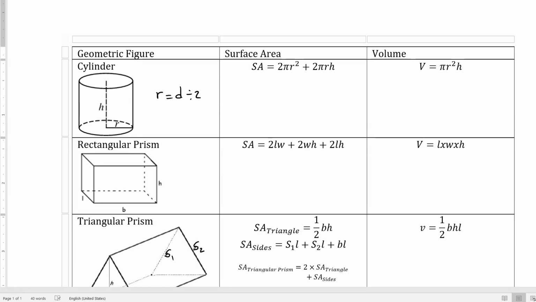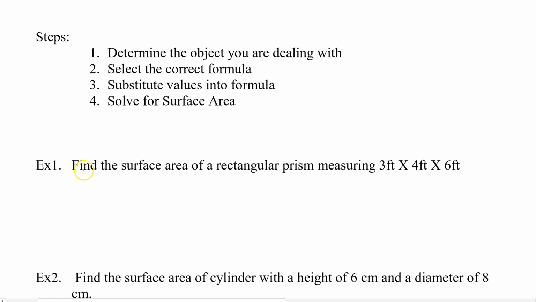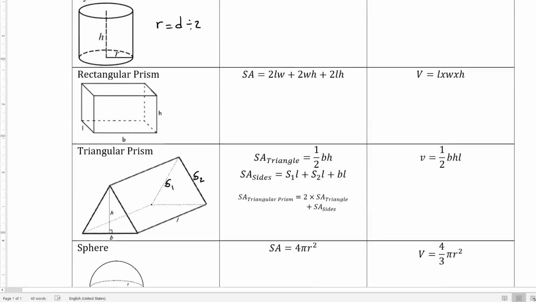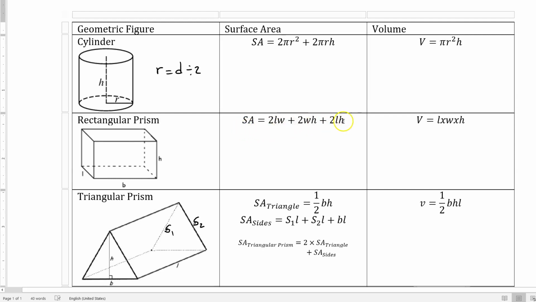So find the surface area of a rectangular prism measuring 3 feet by 4 feet by 6 feet. So I'm going to call this one length, I'm going to call this one width, and I'm going to call this one height. It doesn't really matter in a rectangular prism which one's which, just that it's consistent through the formula. So if I go onto my sheet here and I see a rectangular prism, this right here is our formula. So what I want to do first is copy down the formula and then